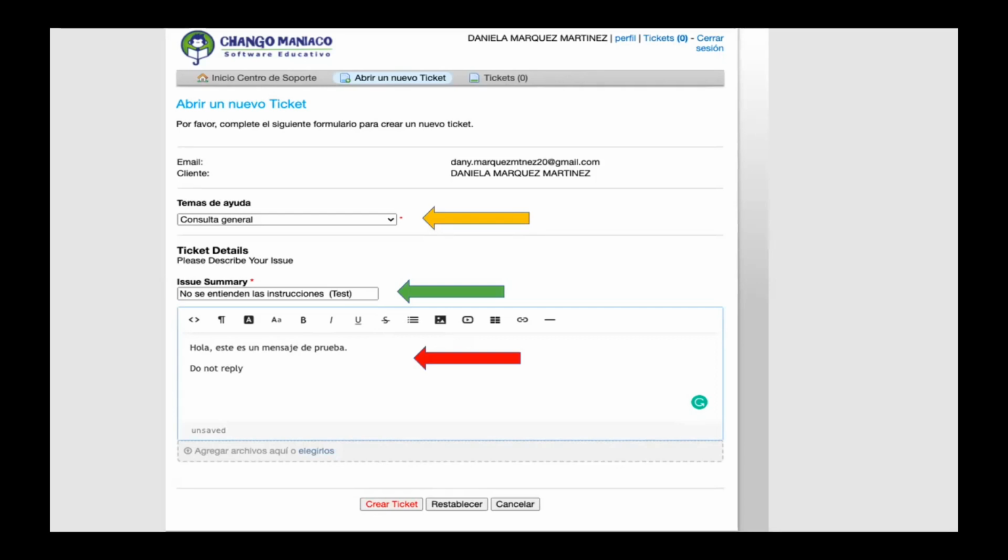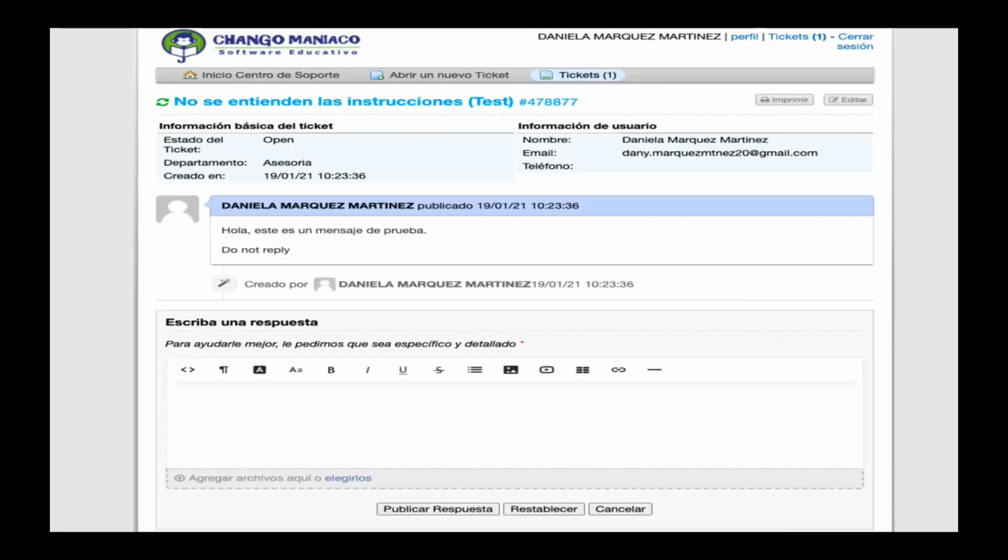For example, now, if you cannot enter or log in with your password and username, obviously you cannot enter here. So I'm going to give you plan B, because the username and password for Little Bridge as a teacher is connected to this. If you cannot enter there, neither can you do here. So we receive the ticket, and immediately we are in contact with you as soon as possible.